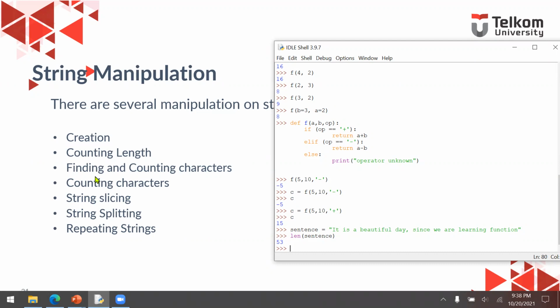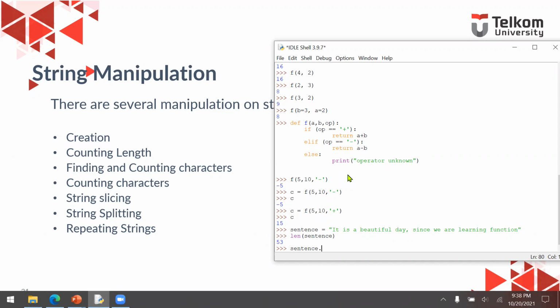Now finding a character and also counting characters. I'm going to count how many spaces are inside this sentence. Well, remember about our first week assignment. We use the second week assignment. We use the for loop just to check how many spaces inside the sentence. But actually, in string, we have specific methods just to do such a thing. Okay, just use sentence and then dot.